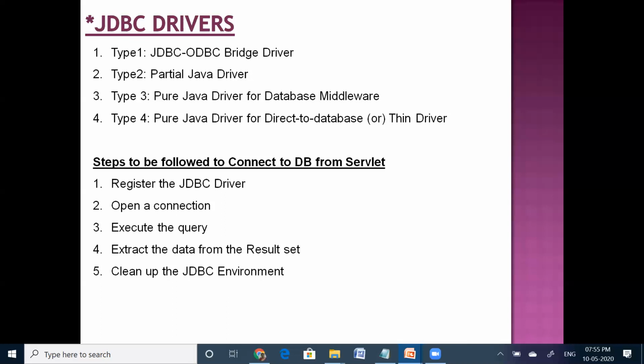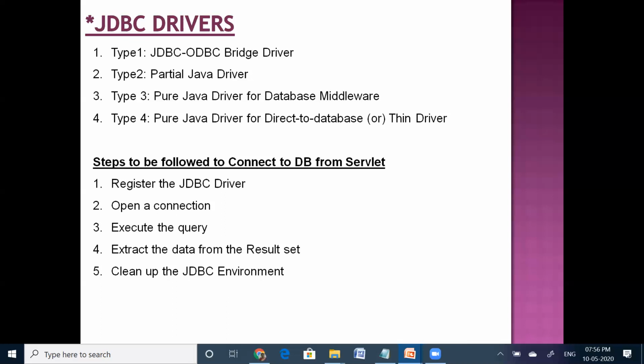So whatever JDBC calls it is receiving, the same calls it will transfer to the database server. It will not use any native APIs to convert those JDBC calls into database language. That is the reason why nowadays most web applications are created using thin drivers.